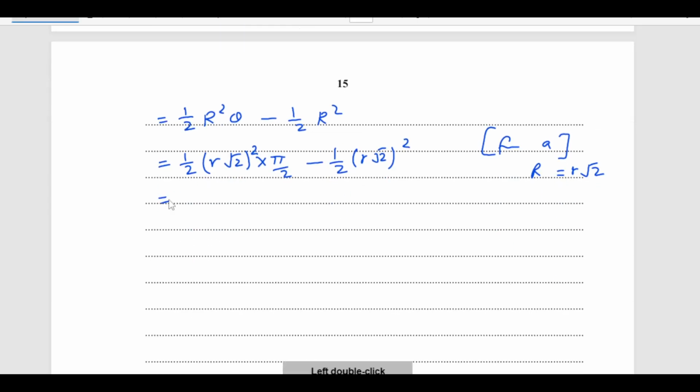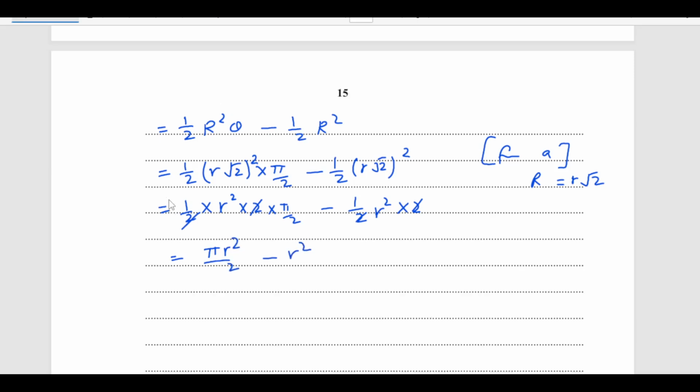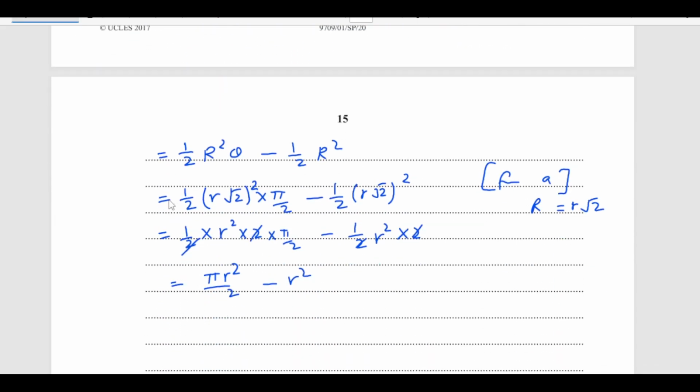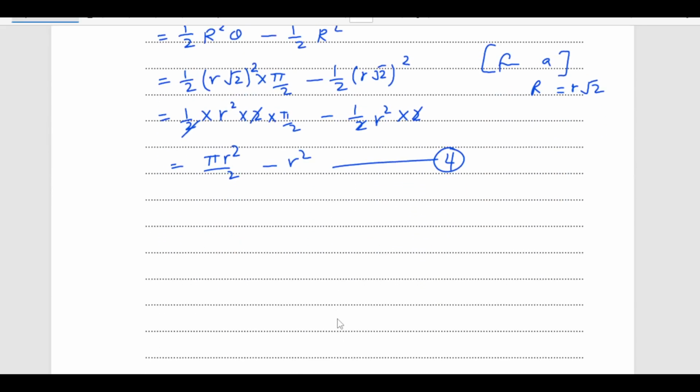So, this is half times, when there is a square, R squared times 2 times pi by 2, minus half R squared times 2. This 2 and 2 is gone, this 2 and 2 is gone. So, we have pi R squared over 2 minus R squared, right. So, this was the area of the segment, and this, from number 3 and 4, is equation 4. So, now the area of the shaded part, right,